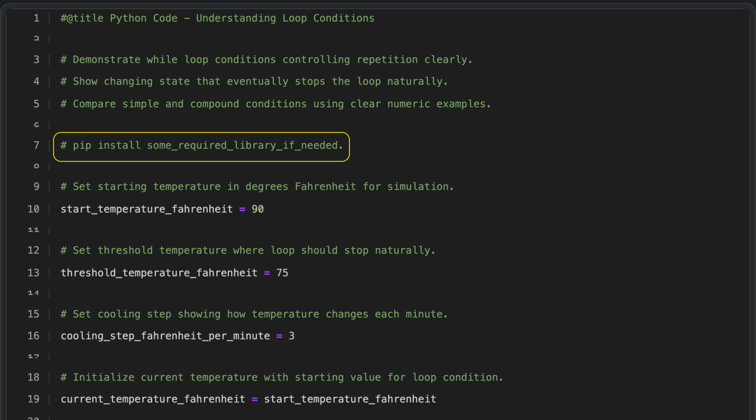This line is a reminder to install any required external library before running the script. It represents a command you would normally run in a terminal to make sure all needed dependencies are available. In short, it tells you to verify that any libraries the code relies on are properly installed so the script